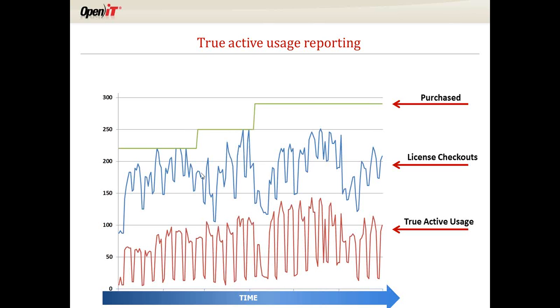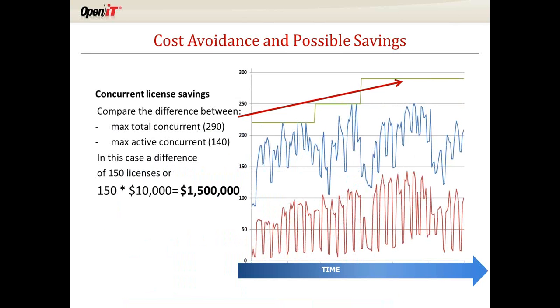If we drill into that, again, it's all about how much data we can get and how we can cut that data. The red line represents the actual usage. While they had that application checked out on their desktop, how much were they actually using it? Well, we can see the delta here. That's a significant difference between the two. So instead of having 290 licenses, they really were only using 140 licenses.